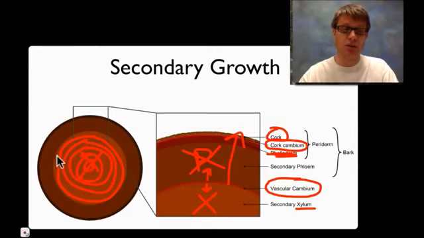And so we can count them when it's growing fast, slow, and we can count the years if we take a core sample. What would this look like in an area where there is no seasons? It's basically going to be uniform all the way